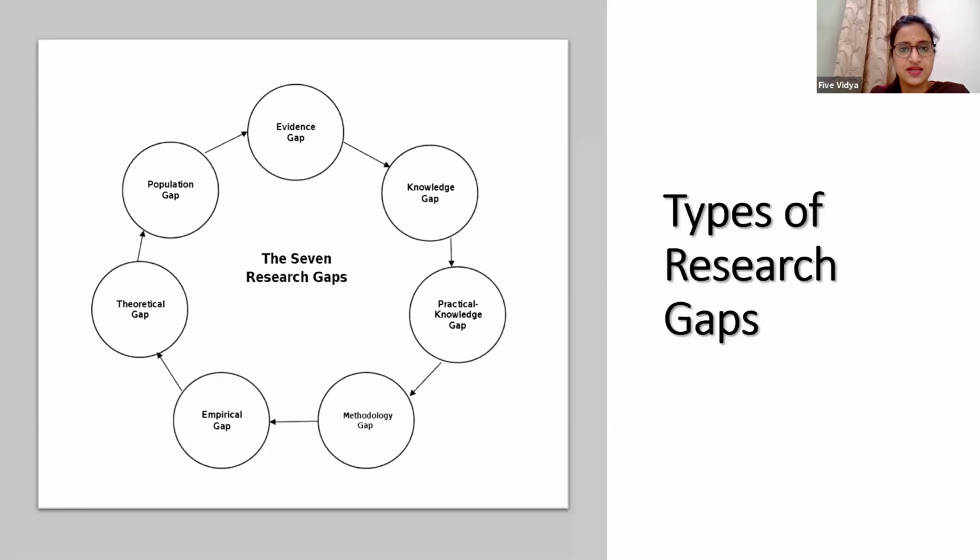Neha Arora asked, can we write a research paper in an essay writing style also, like introduction, background, conclusion, and reference only? Yes, you can write that, but I'm not clear whether you are asking for one research paper, where you can have introduction, background, conclusion, or you are asking this for an entire chapter, where you can have background, conclusion, and reference. So I'm not clear on this question. Neha, you can rewrite your question again.